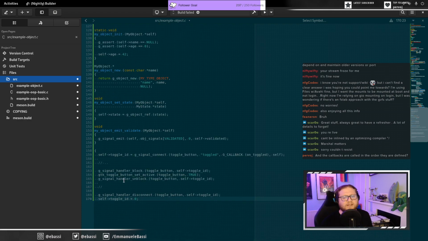This is mostly necessary in the case of... so whenever you destroy an object, all the signal handlers that are connected to that object are disconnected and removed. The main problem, of course, happens if you have an object that owns the object you're connecting to. So if you do something like this, and then you connect